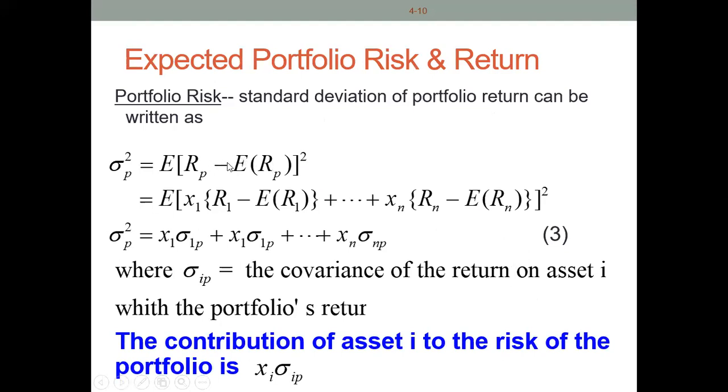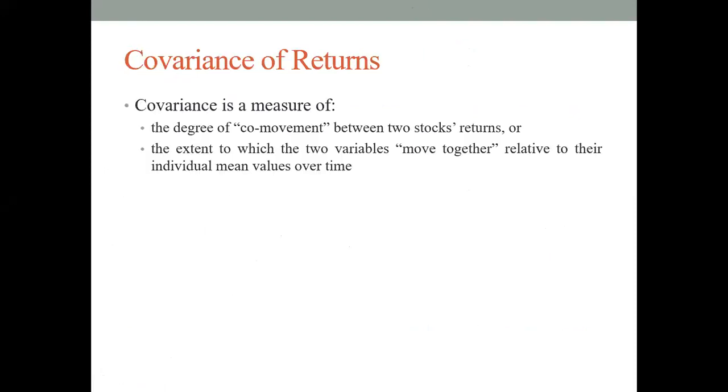And this is a formula for calculation of standard deviation, and you all know about it. In our previous discussion, we calculated the standard deviation of an individual asset, and after calculating the standard deviation of an individual asset, what we need to do again is take the weight of a particular asset multiplied by its standard deviation plus the weight of a second asset multiplied by the standard deviation of the second asset, and so on and so forth. There is a different formula for calculating the standard deviation of a portfolio that I will explain later on.